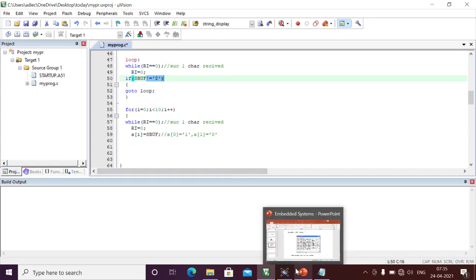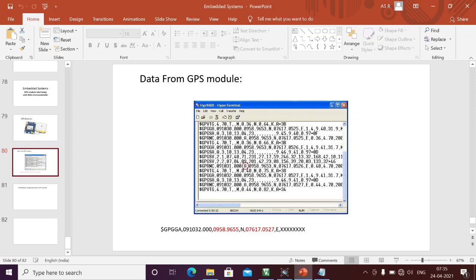Okay, I should pick up all the data now. For example, I received the dollar. I should pick up some 50 characters from here. Again, in a similar way for the second row also, I should pick up, and I should only go inside the program when it is